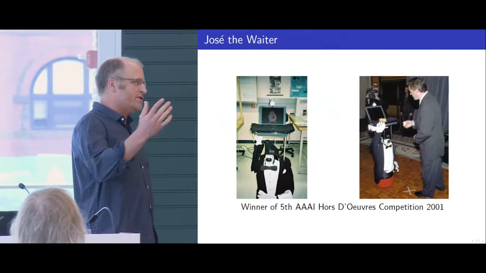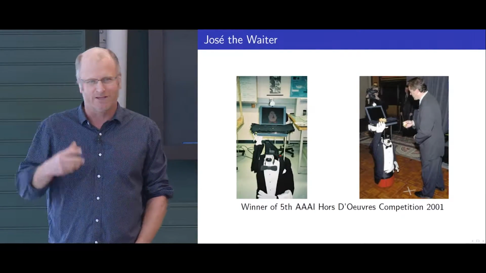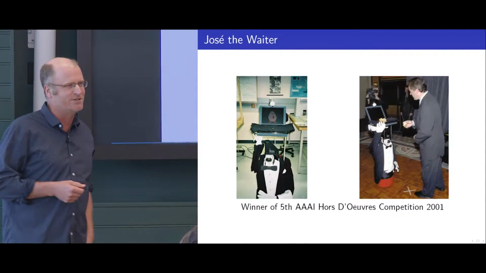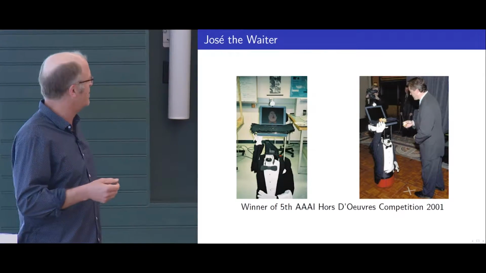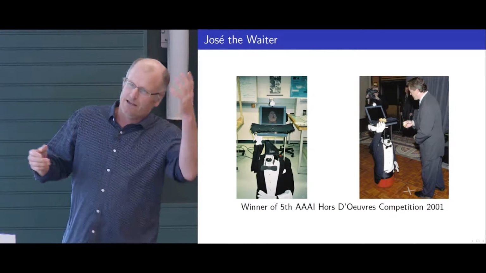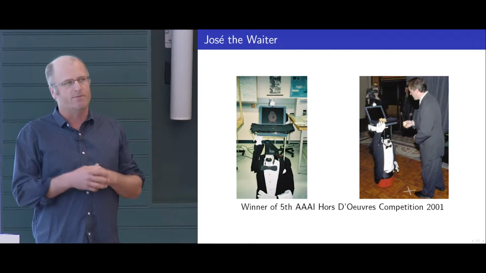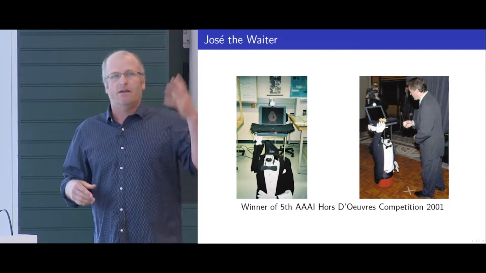Okay, so then artificial intelligence, not much happened until I came along and started my PhD in 1996. I worked in my PhD on building a robotic waiter. The robot would wander around. His name was Jose, and he would wander around at a reception with a tray of food and offer food to people. It had abilities to find people, go up to them, and then say,